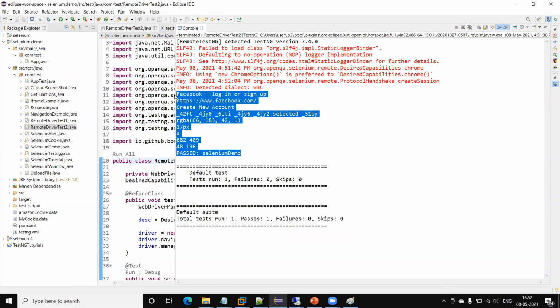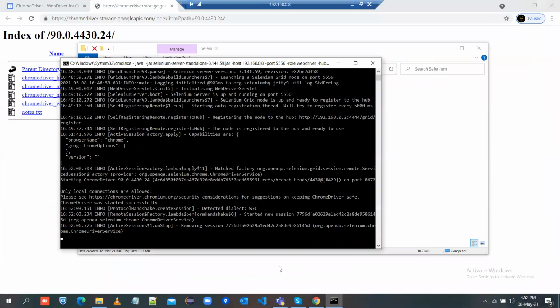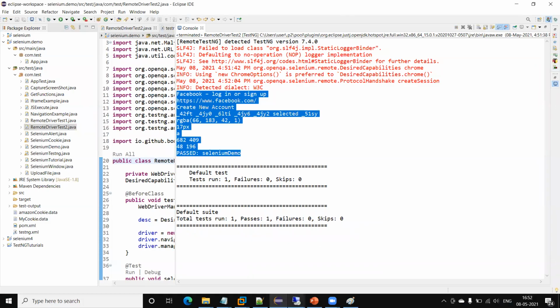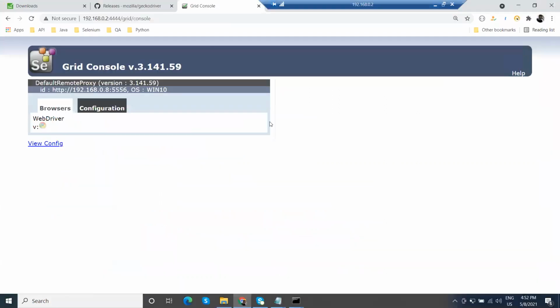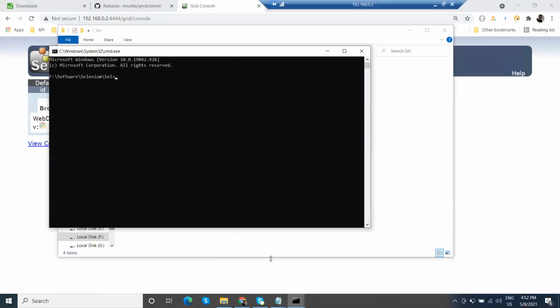Now I am going to run this on a Chrome browser also. We can run Chrome on a different node, on a different machine, as well as on the same machine. So I'm going to run a node on the machine where we are running the grid hub. Let me open one more terminal.